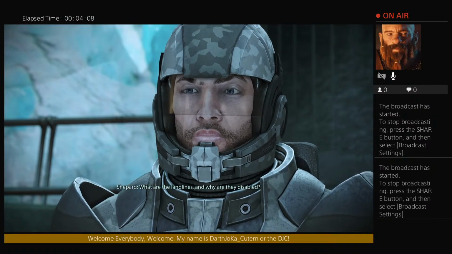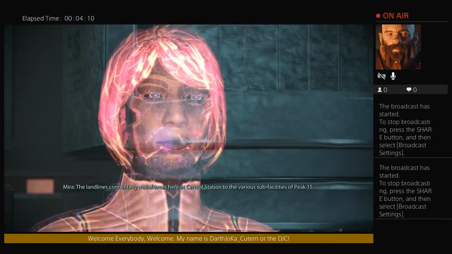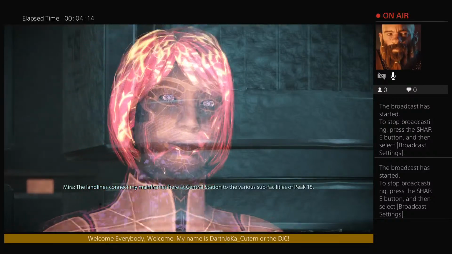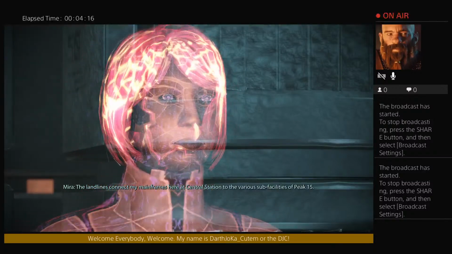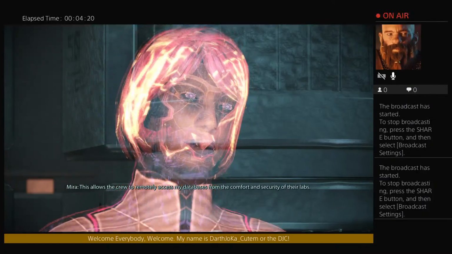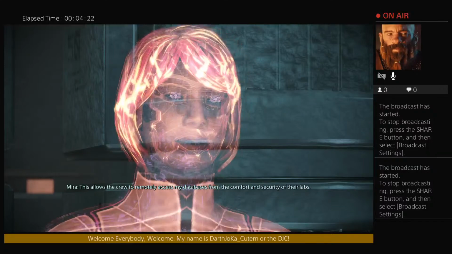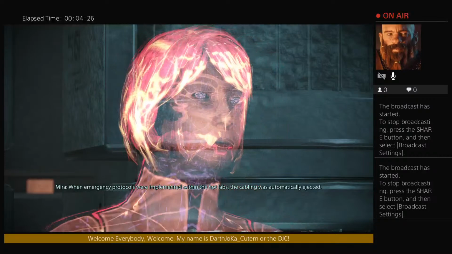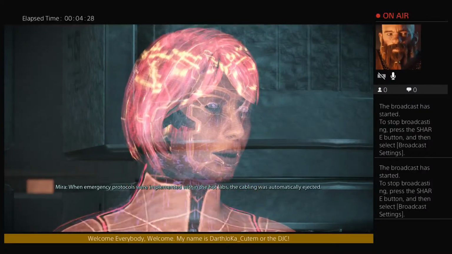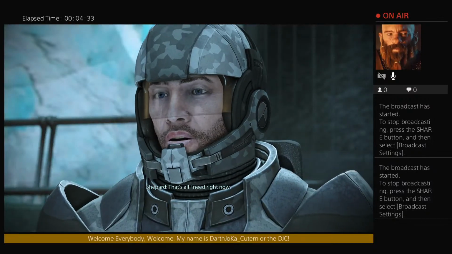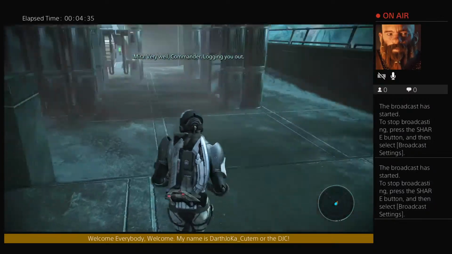What are the landlines, and why are they disabled? The landlines connect my mainframes here at Central Station to the various sub-facilities of Peak 15. This allows the crew to remotely access my databases from the comfort and security of their labs. When emergency protocols were implemented within the hot labs, the cabling was automatically ejected. That's all I need right now. Very well, Commander. Logging you out.